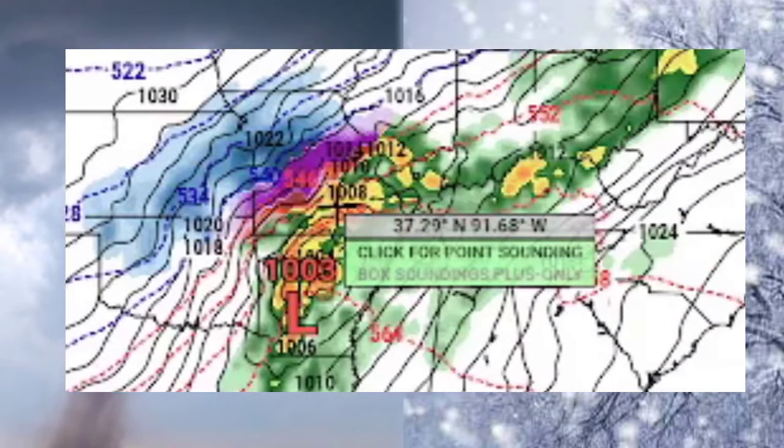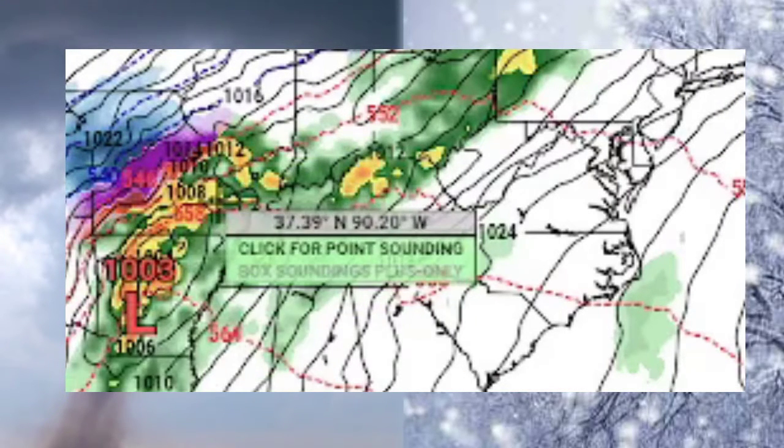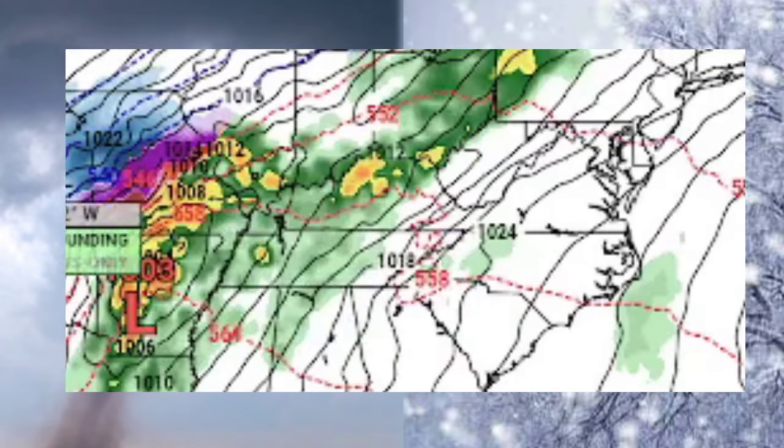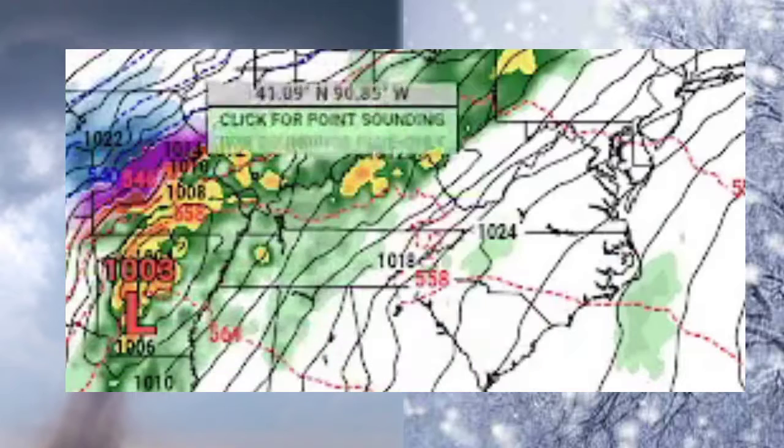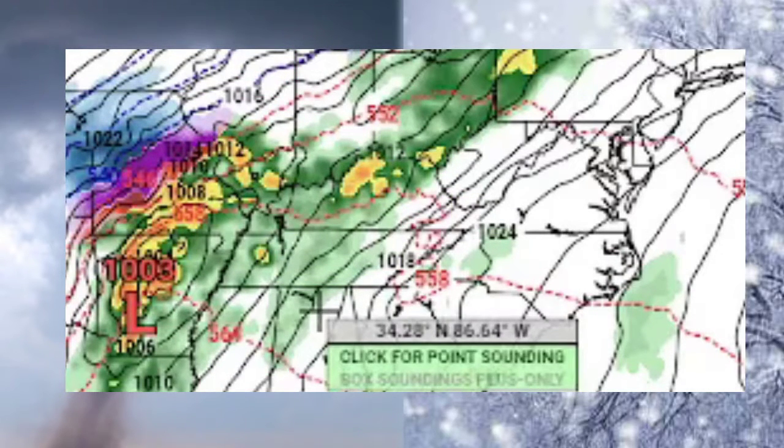Now, this is actually a different story as we've moved further east. Quite some time for this heating during the morning hours, as we see some of those higher temperatures begin to take place due to the moisture rushing in from the Gulf, because we're actually going to move, I meant to say southeast, that's when we're going to see most of the severe weather. As we move southeast, we're going to see more of the severe weather take place, because once we actually see